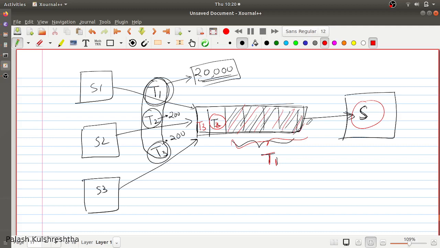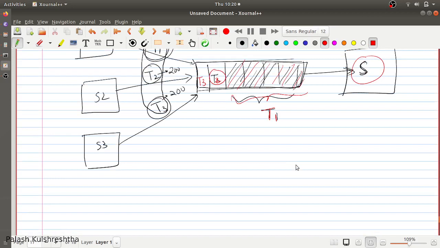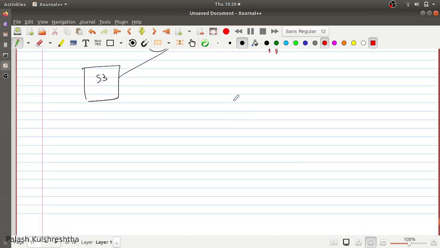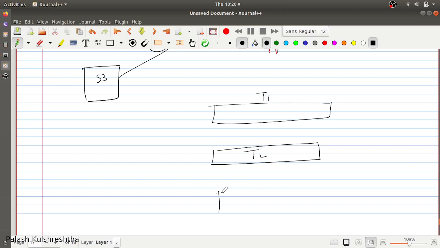So there is no equal SLA in this type of scenario. What you can do is, instead of having a single queue, create multiple queues, one for each consumer. So for example, this is the queue for T1, this is the queue for T2, and this is the queue for T3.